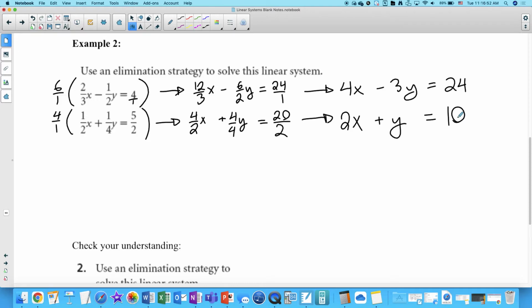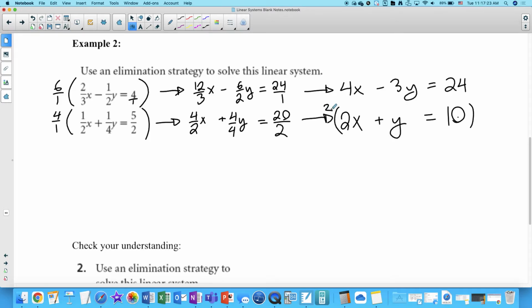Now we can work with these two equations. We're not ready to eliminate yet because none of the coefficients are the same, but we can fairly easily change that. Let's say we want to eliminate x. Yeah, and in fact, you don't actually need to multiply both equations here. You just have to do the second one, right? So if I double this,